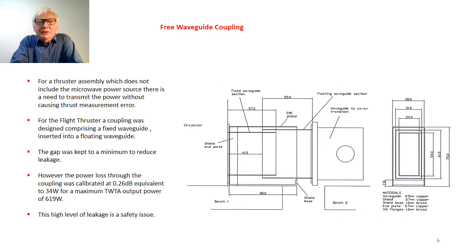So the two sections of waveguide, both floating and fixed, are made from copper sheet, and around the whole assembly